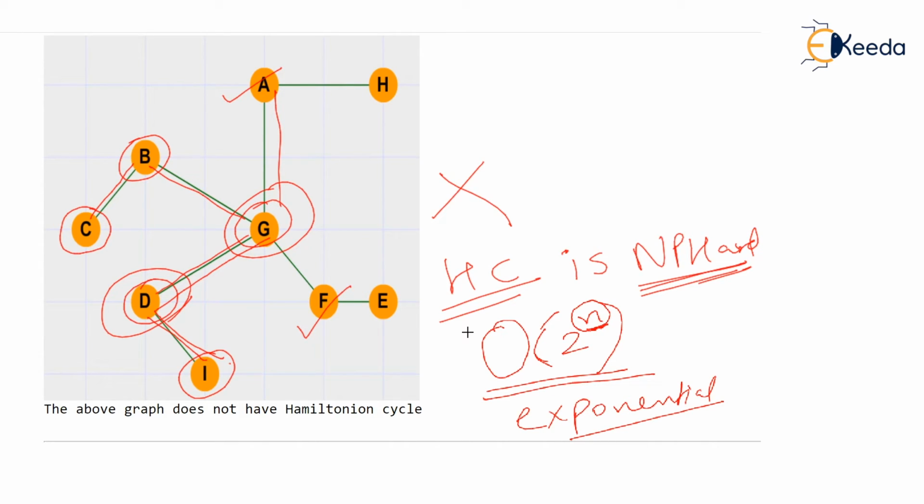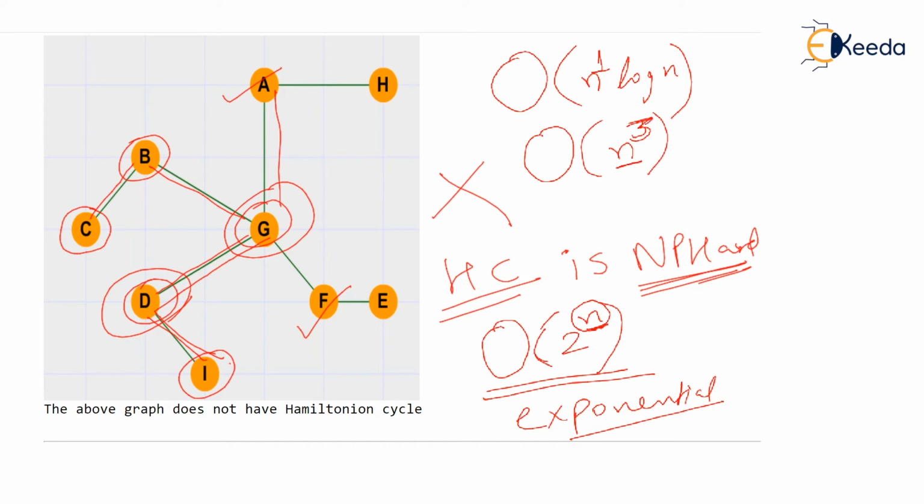You recall there are algorithms like merge sort. Merge sort works in big O of n log n, so we have n raised to 1, isn't it? Or the all pair shortest path problem we saw in dynamic programming works in O of n cube, where n is the number of vertices. So this 3, which is a constant, is in the exponent, and the problem size is the base. But what if you have an algorithm which works in 2 raised to n? Then this is exponential time, and this is bad actually.